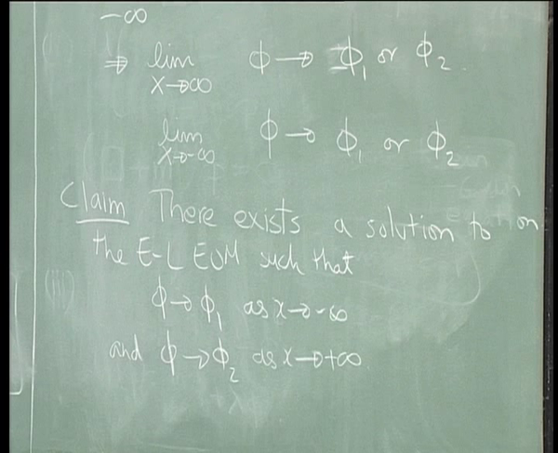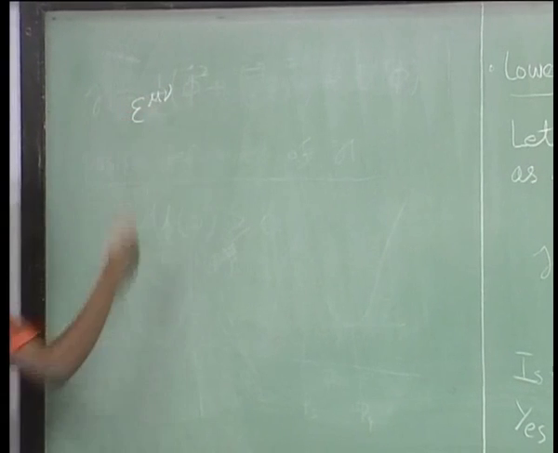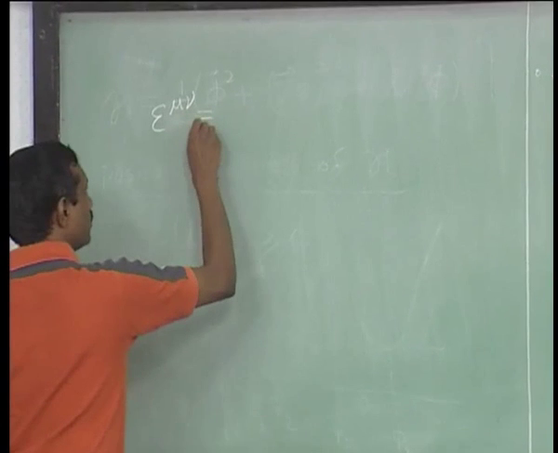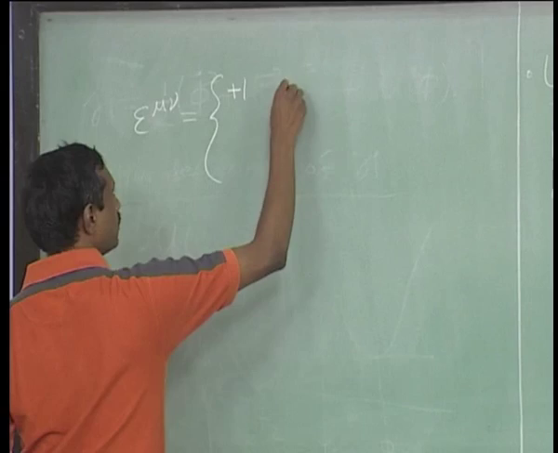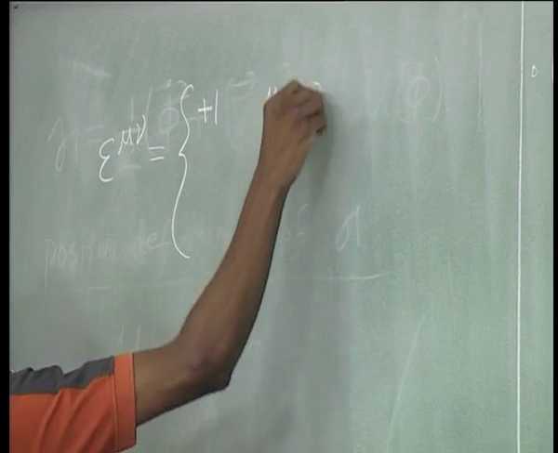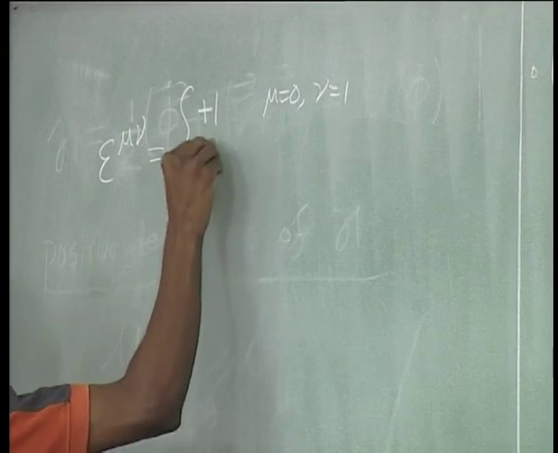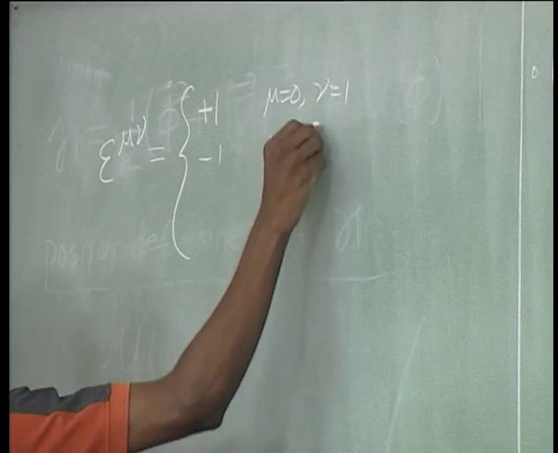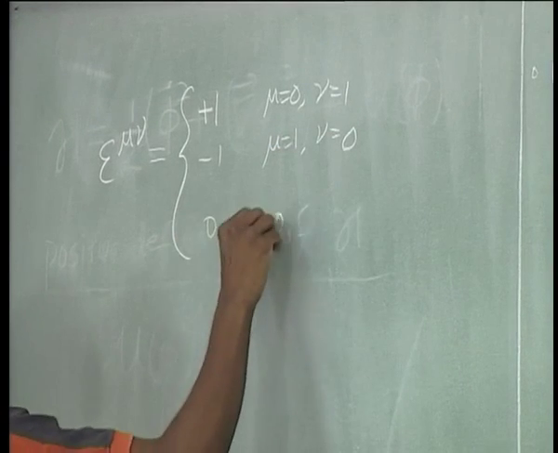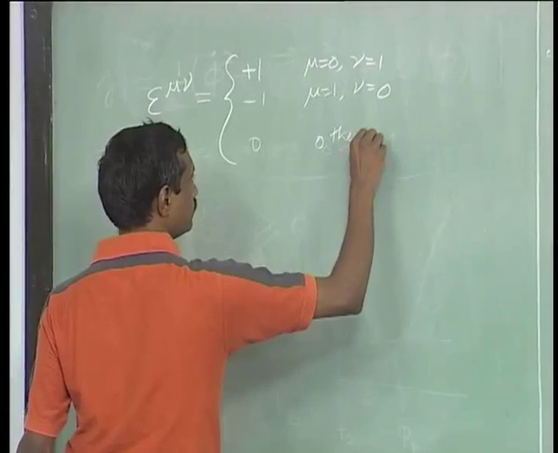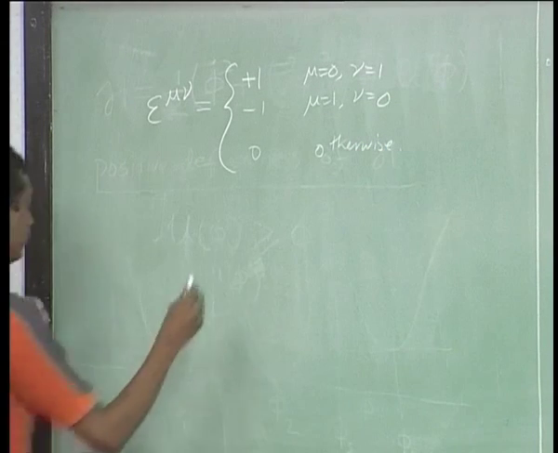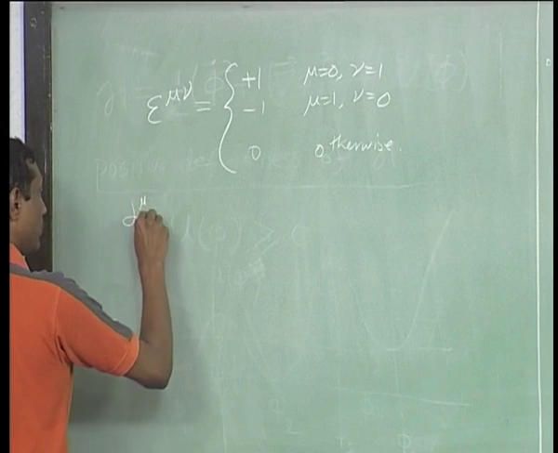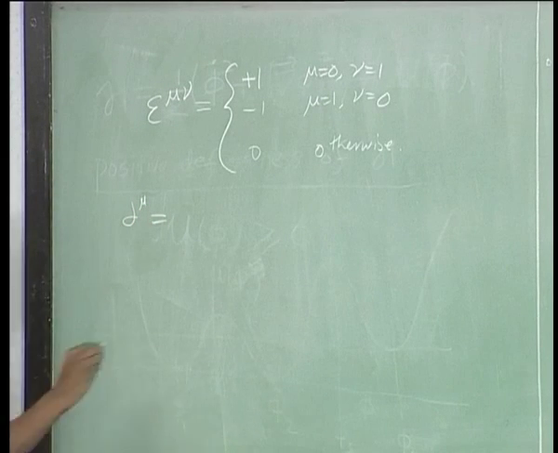Since we are in 1 plus 1 dimensions, the Levi-Civita tensor is epsilon mu nu. I just define it to be equal to plus 1 for mu equal to 0, nu equal to 1, minus 1 for mu equal to 1, nu equal to 0, and 0 for the others. Okay. So, I will define a 2 current which is